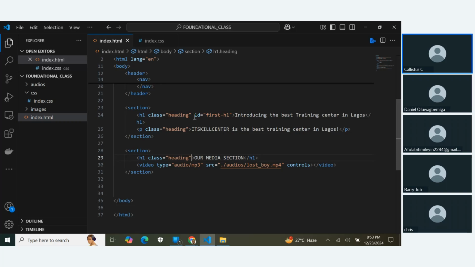But for classes, number one thing about class is that two elements can have the same class name, just like I have here, heading and heading. This is correct. And it's in a situation where you want all the elements to have the same style. And then